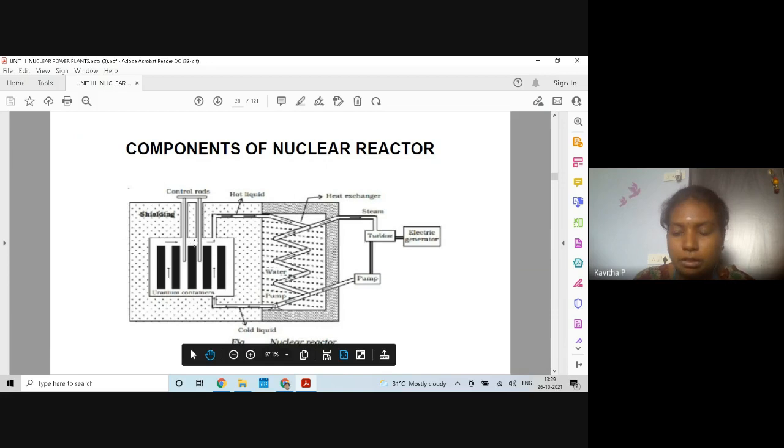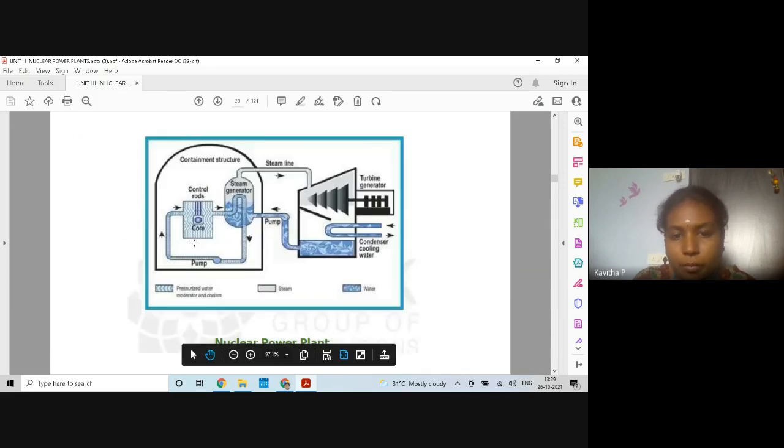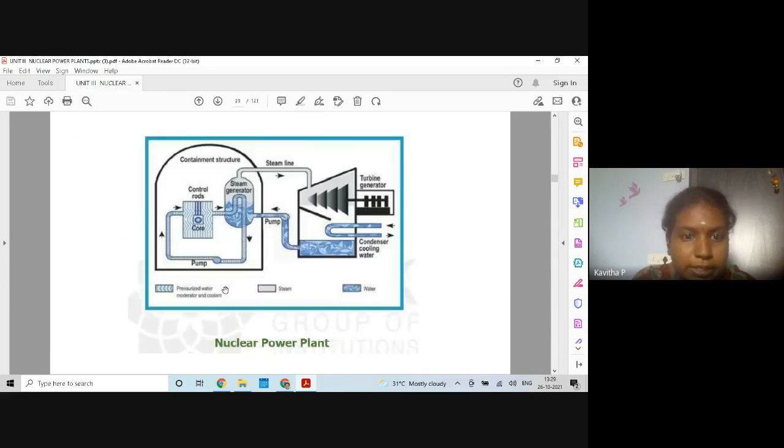This is also a diagram of a nuclear power plant. We can see water is pumped into the reactor. It picks up all the heat energy in the fission process and gets into the steam generator or heat exchanger. Over here in the steam generator, water, which is the working fluid, is converted into superheated steam. It goes into the turbine, rotates the turbine blades coupled to the generator, which will produce electricity, and the exhaust steam is collected, condensed, and this water is circulated.